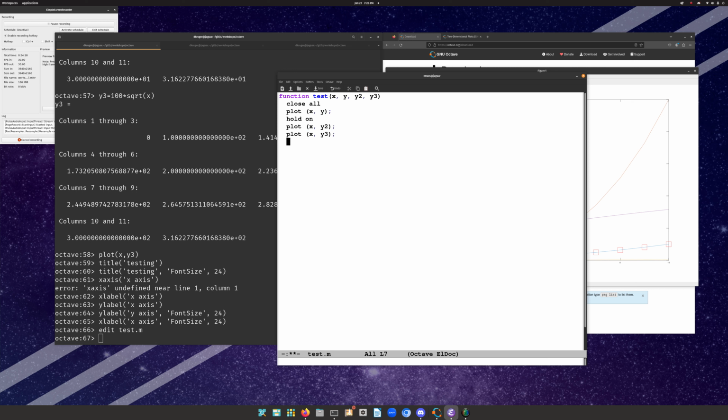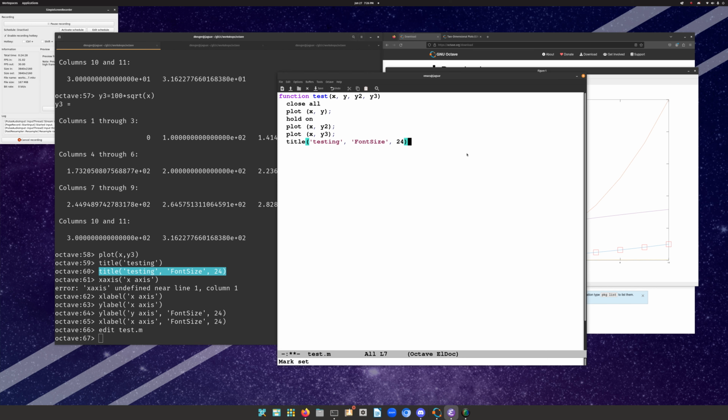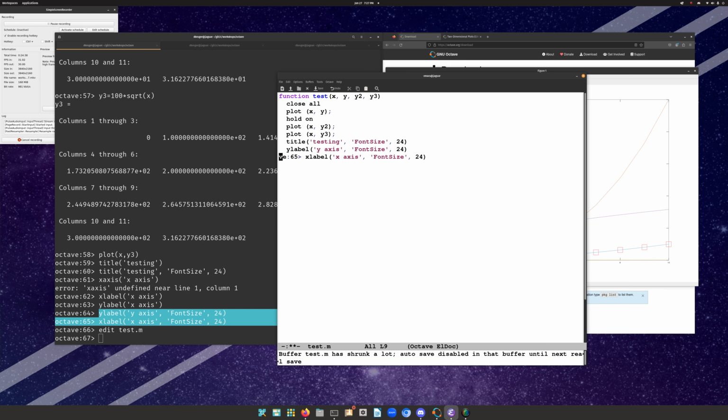What else do we do? Oh, X label, Y, right. So I could also grab my history, but here, just grab that. Grab that. Okay, so now you've got a program